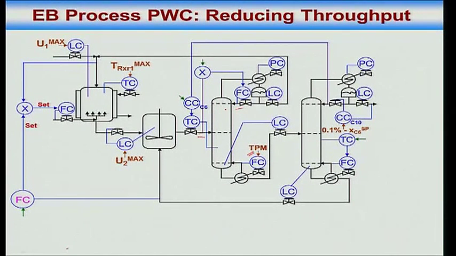Is it critical to control the benzene leaking down the first column? Yes, because otherwise it will contaminate my product. So even though V1 max is active, I still need to control it. Therefore, this loop has to be there, right? It is all coming from what are my constraints that are active. The structure is following from that.